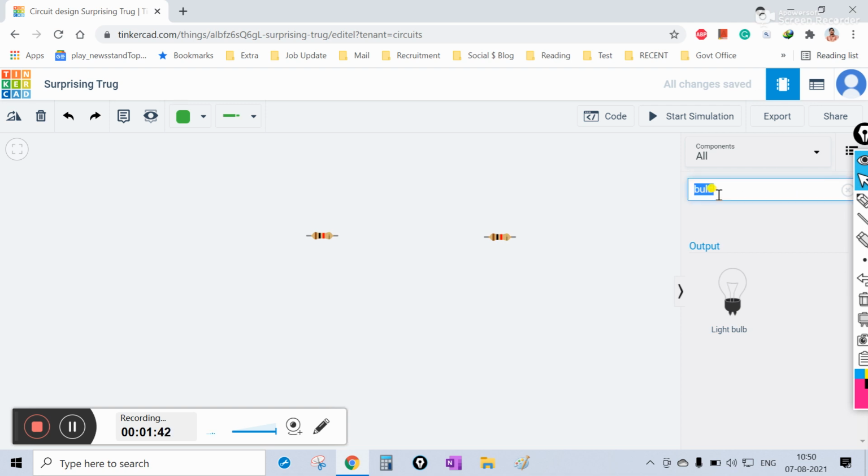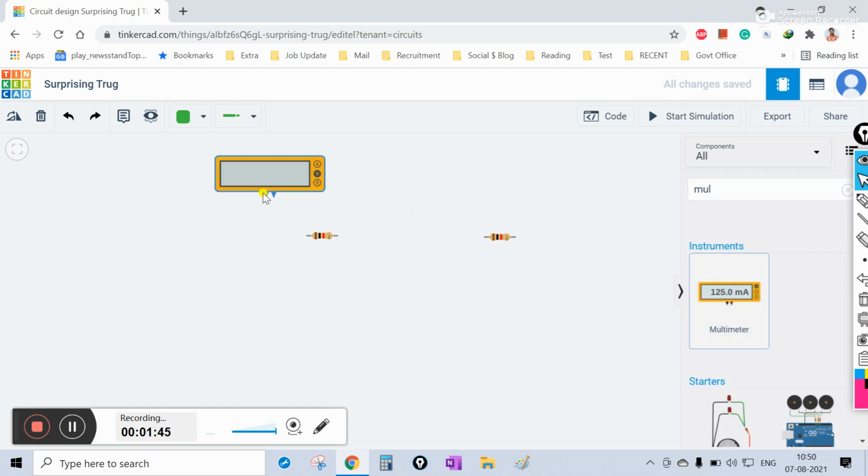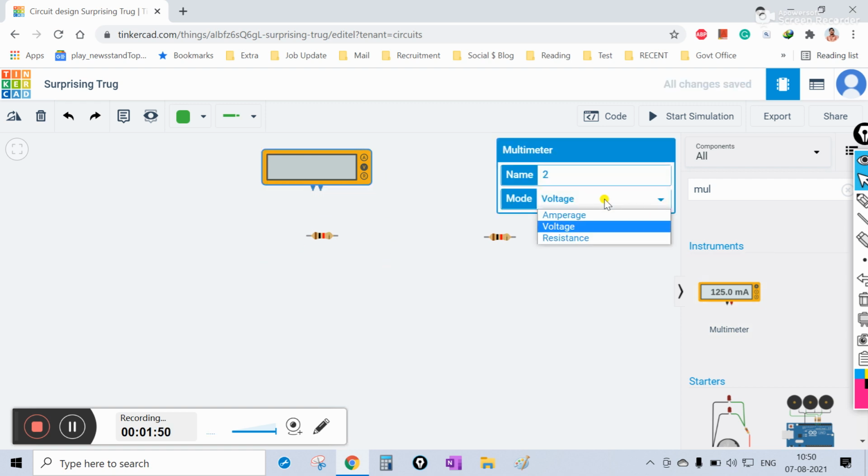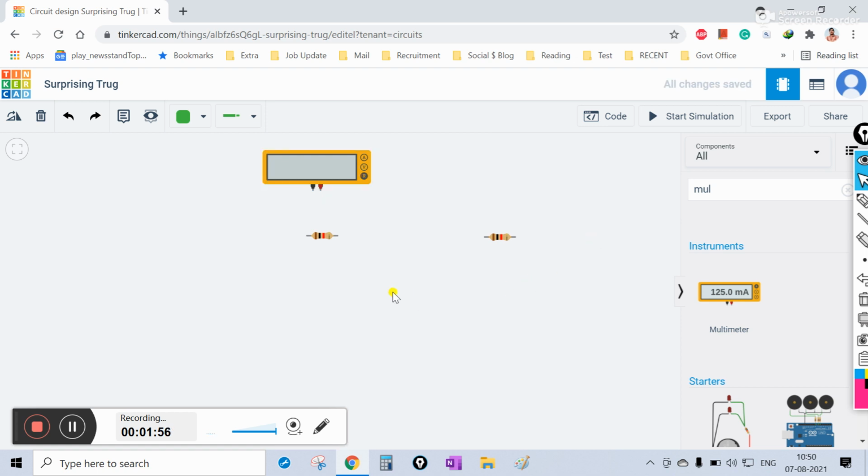Okay, so let us get one multimeter. Here is the multimeter. First I will check what is the mode of this multimeter. I am changing it to resistance mode. Now what will I do? I will connect one terminal here and one terminal here. Now I will simulate it. Is it correct or not? We will know. So 1 kilo ohm, that means 1000 ohms. This is correct. Same, you can check this resistance also. This will also show 1 kilo ohm.